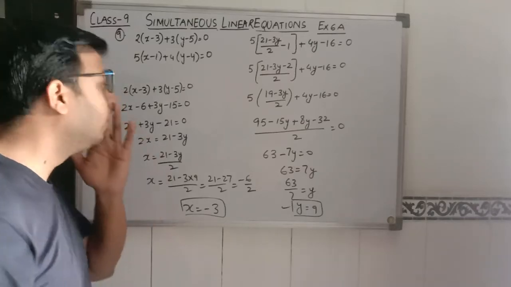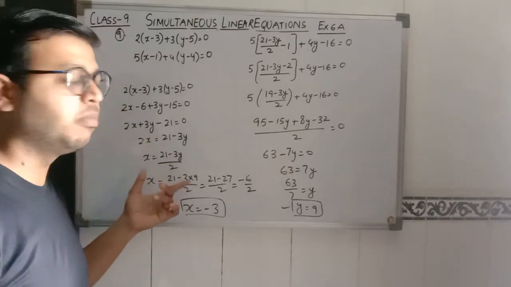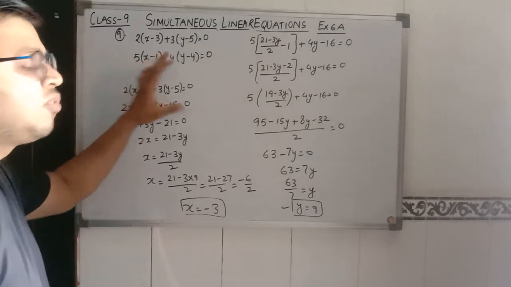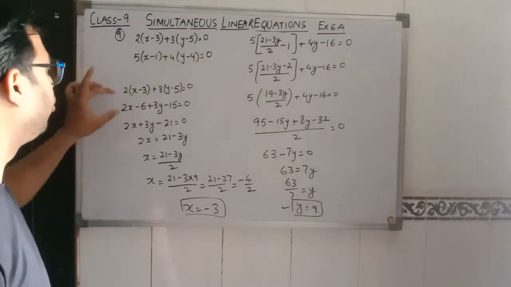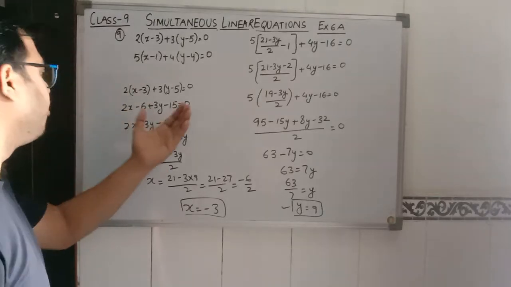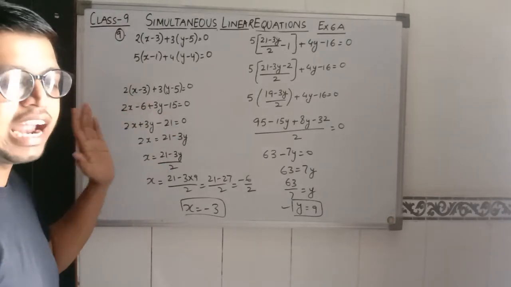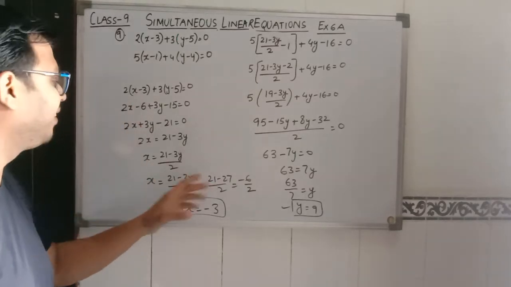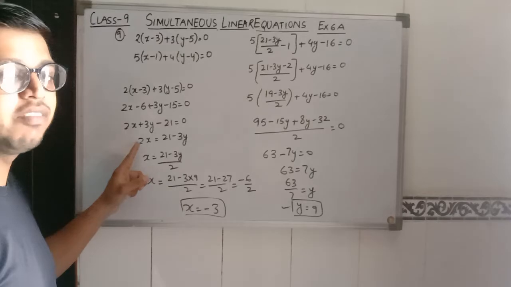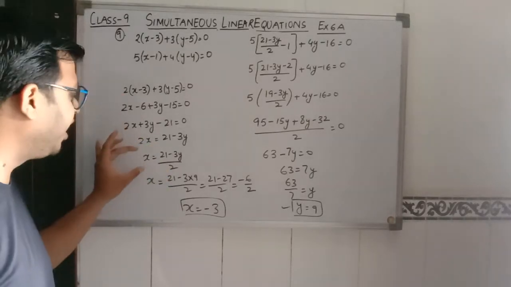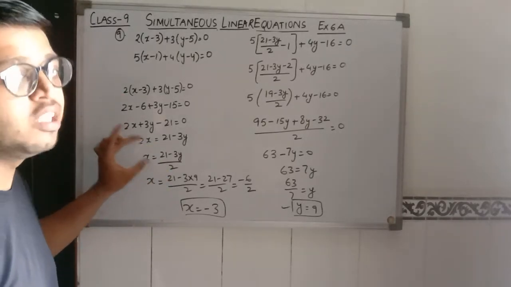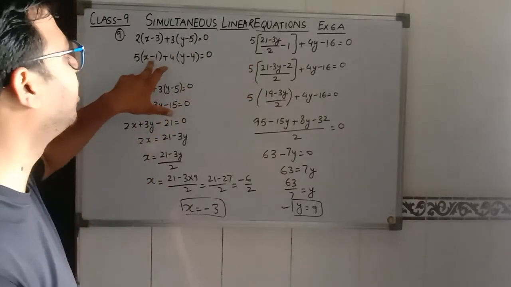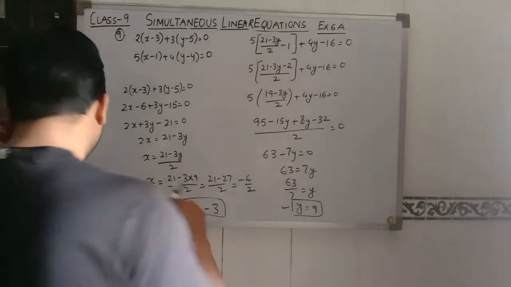So sometimes to make any variable the subject, you have to simplify the equation first. Like in this question, the terms are not written in the proper manner. So first we multiplied all the terms. We collected x and y and added or subtracted all the numbers. Then we moved y and the number to the right hand side, and then 2 which is multiplying with x, we moved it. Now find the value of x, that is (21 minus 3y) divided by 2, and we just placed it in the second equation. So now the answer has come.